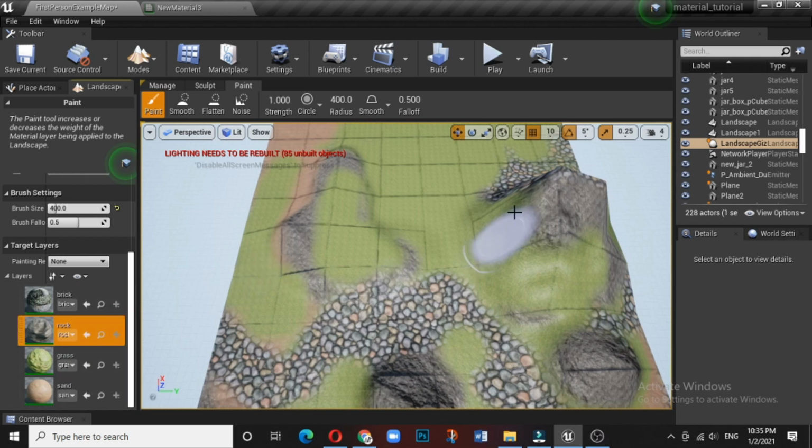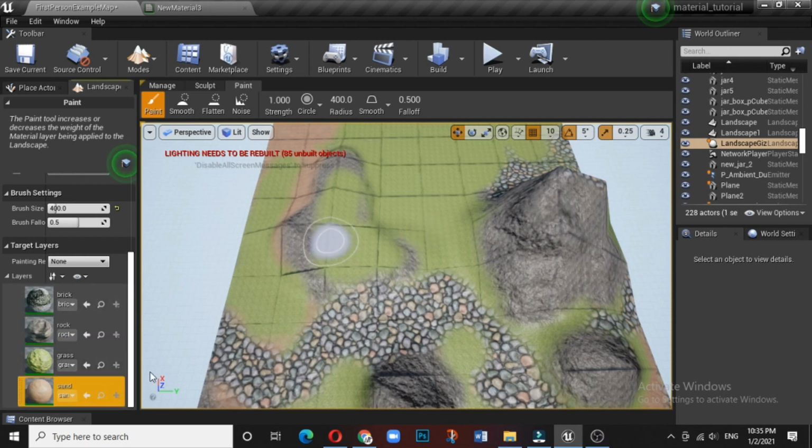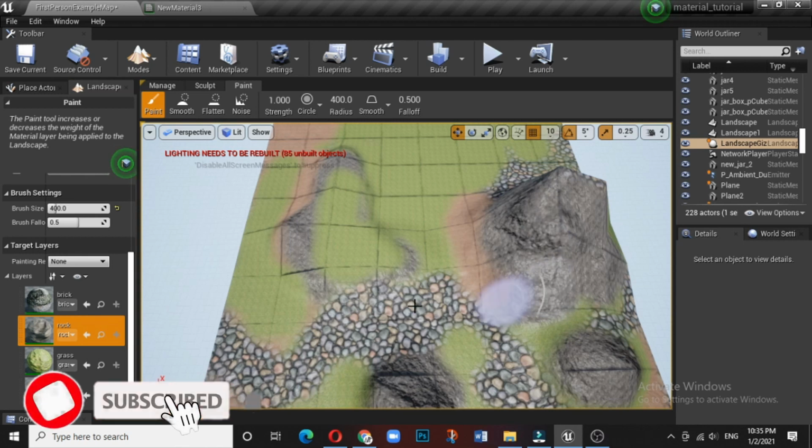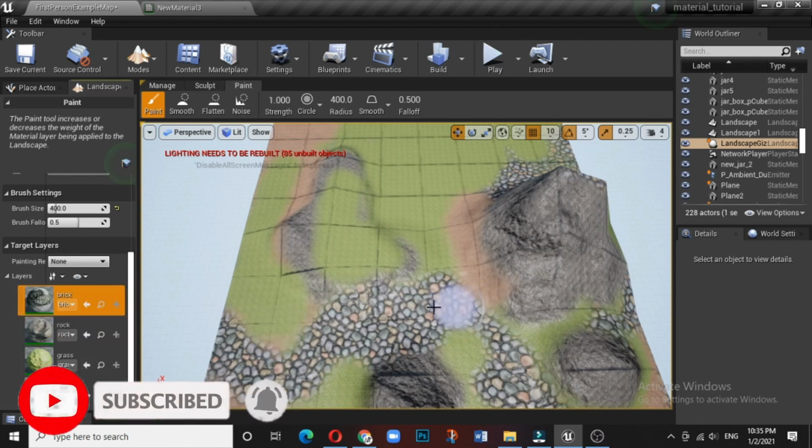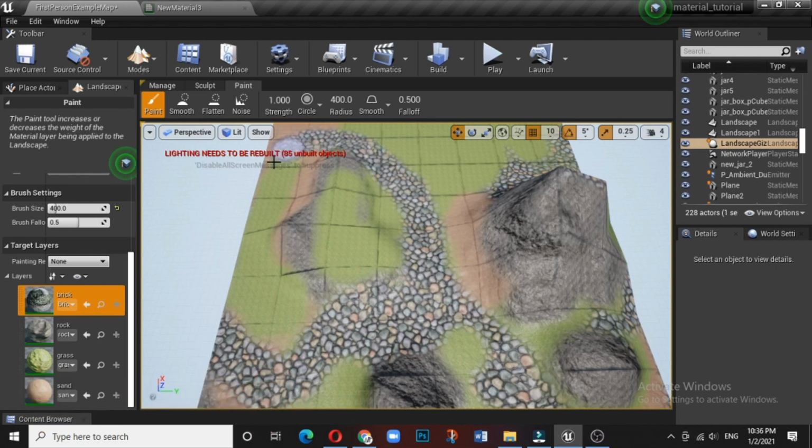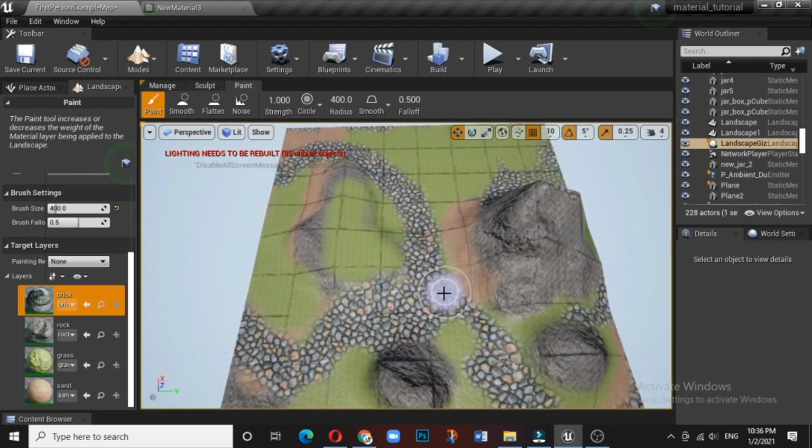Or else suppose you want the elevation part to be rock. So you choose this as a rock. Suppose you want some sort of sand at the bottom of these rocks, and maybe with the help of a small size, again you can do some adjustment, whatever you require. If you want to make a sort of road, you just make it. So this is basically the landscape material blending.